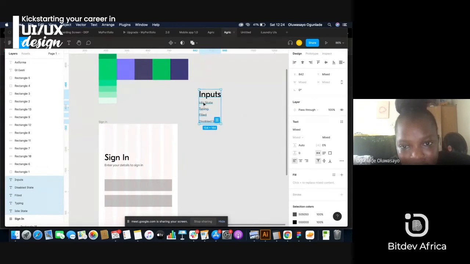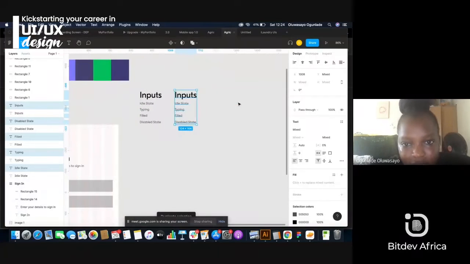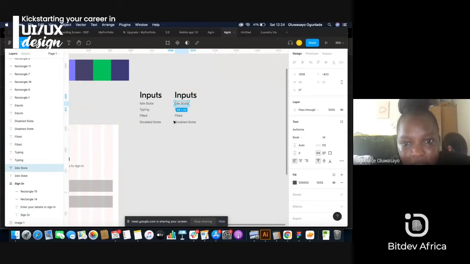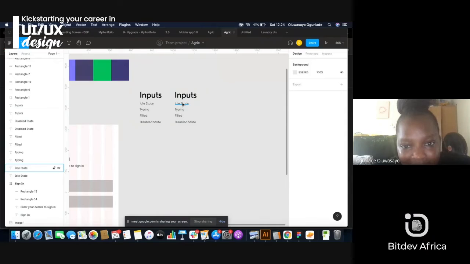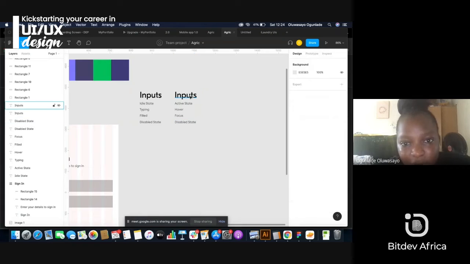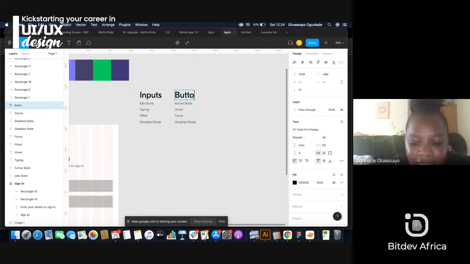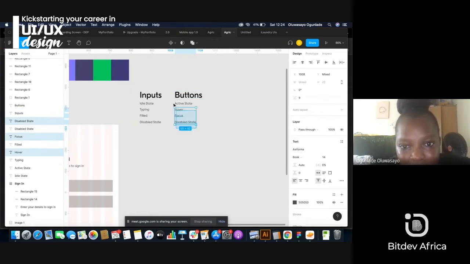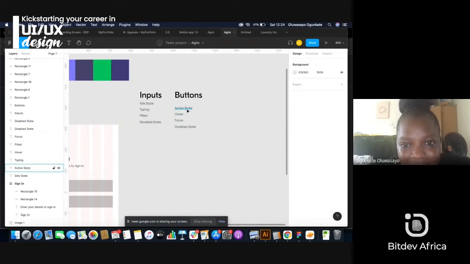For buttons, the same thing, but there's no typing. There is the idle state, that is when it's active. There is the hover state when you hover on it. There is the focus state when you click on it, and there is the disabled state. But for buttons, you are not just going to design these states. You are going to design the